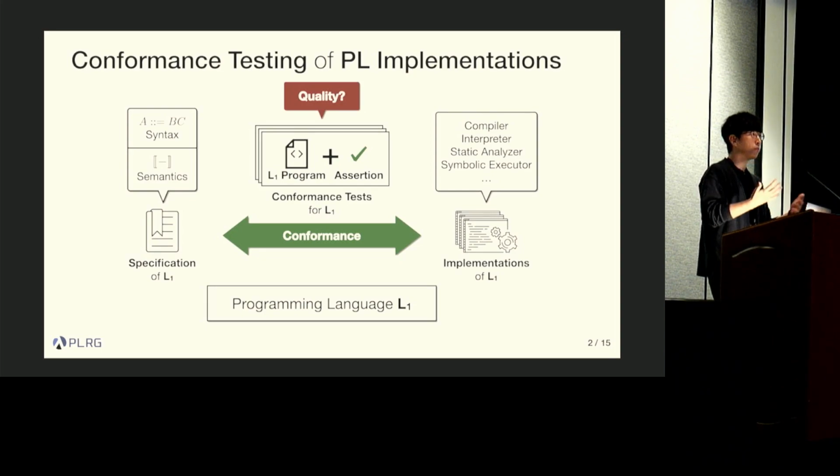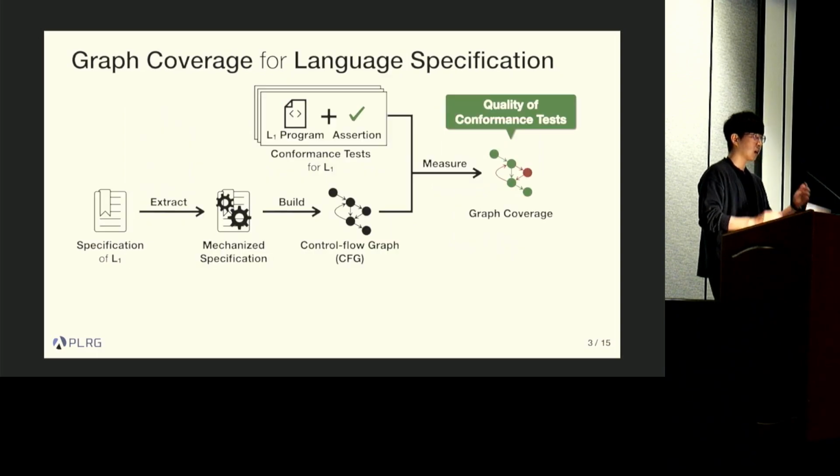There might be multiple different ways. One possible way is to utilize coverage information in the implementation, but it is not a good option because, as you know, there are multiple different implementations. So it is not a uniform metric, and it is highly dependent on the implementation. But if we use coverage information in the language specification, we can get a uniform quality metric because there is only